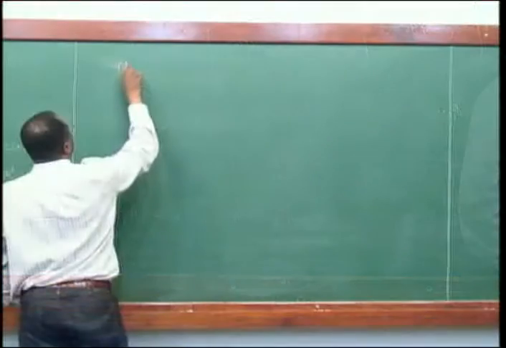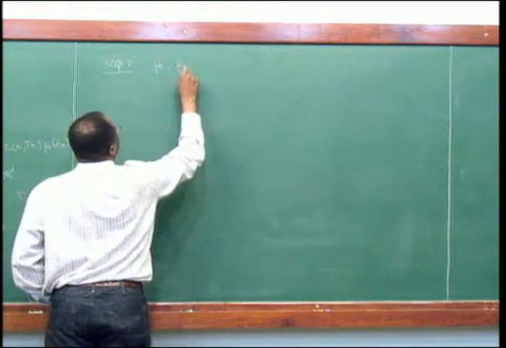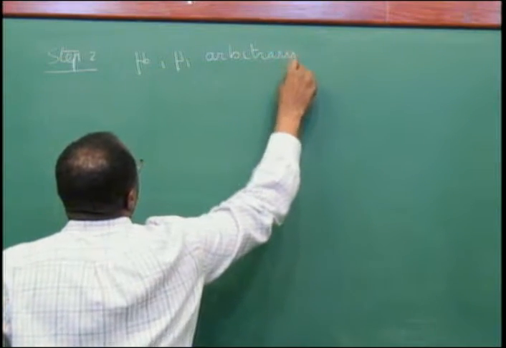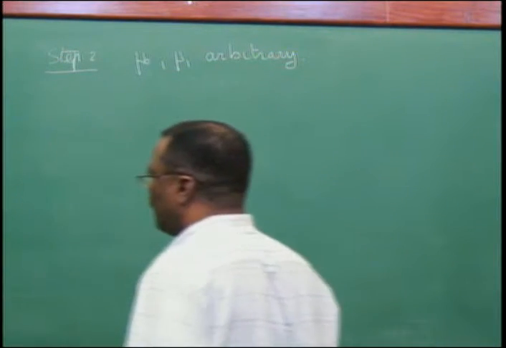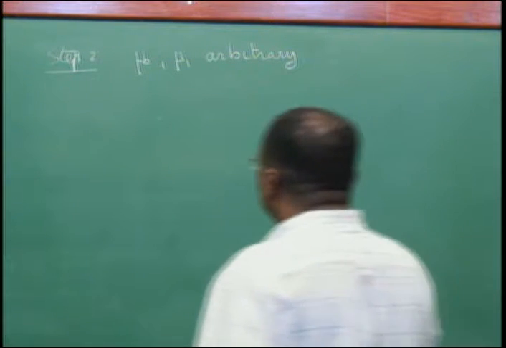Step 2, mu naught, mu 1, arbitrary. And I want to still show that the equality holds. So this is the idea. You write mu naught